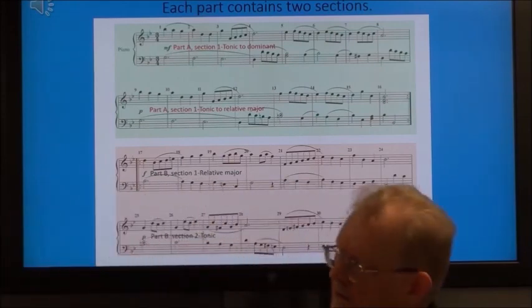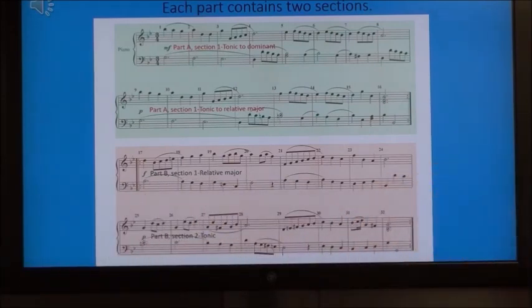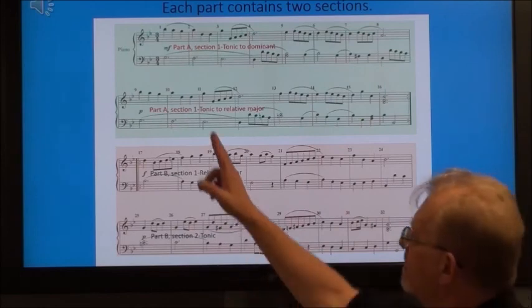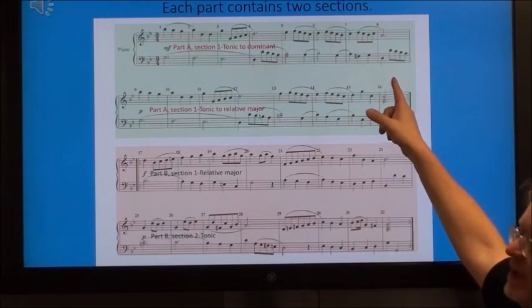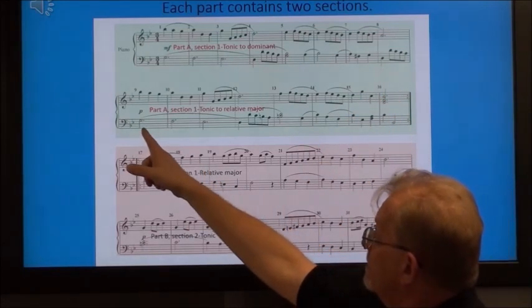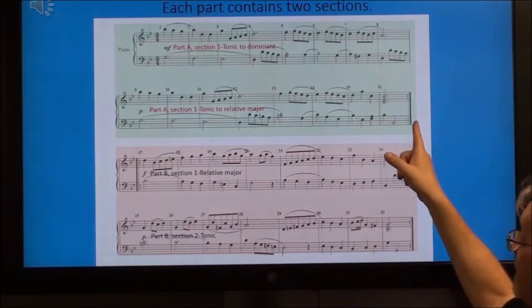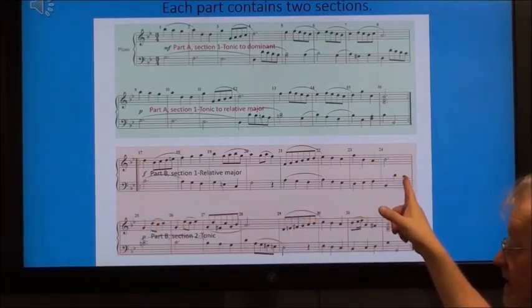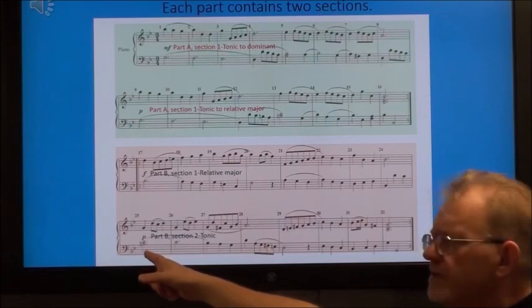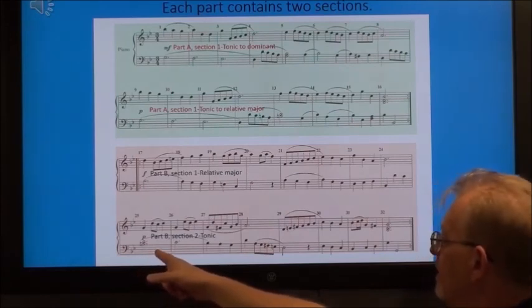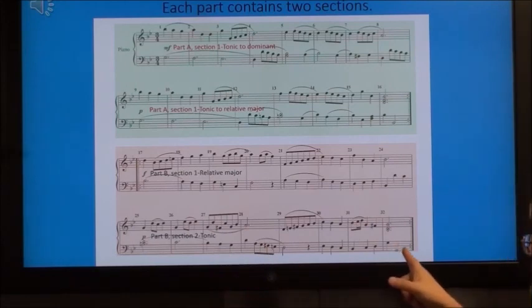Except for the keys. Now, when I say tonic to dominant, I don't necessarily mean it modulates to the dominant. What I mean is it starts on the tonic and you have a cadence on the dominant. We have to figure out how we feel about that cadence in a little while. This clearly starts in G minor and ends in B flat major. This actually is in B flat major, starts and ends in it. And this is kind of strange, isn't it? You got this G major chord here, but boom, you end up in G minor.